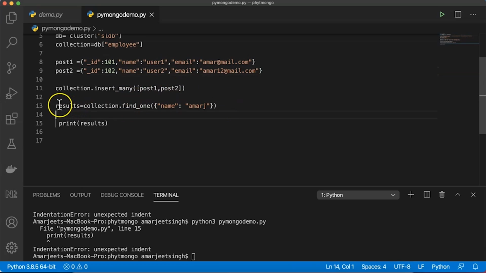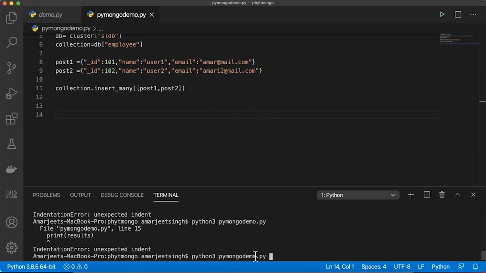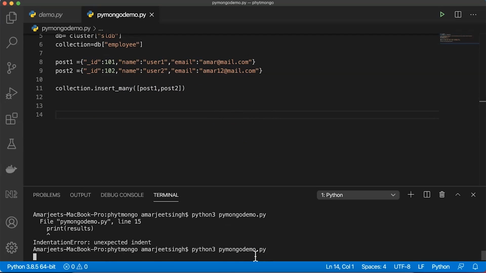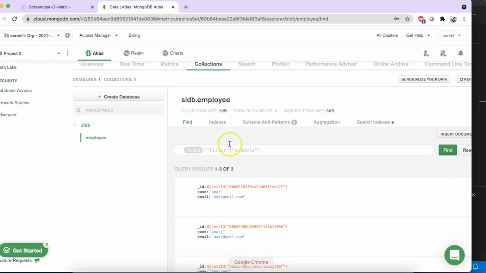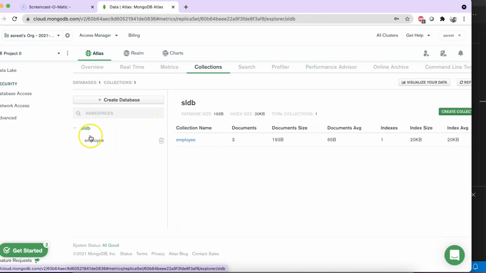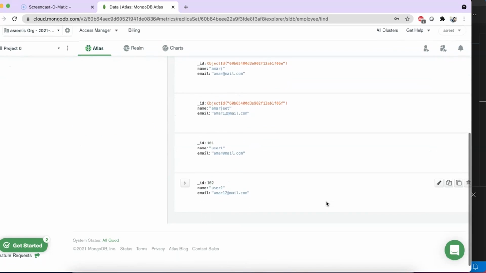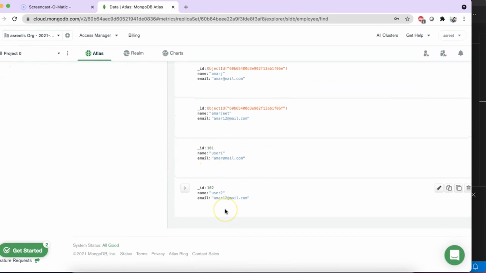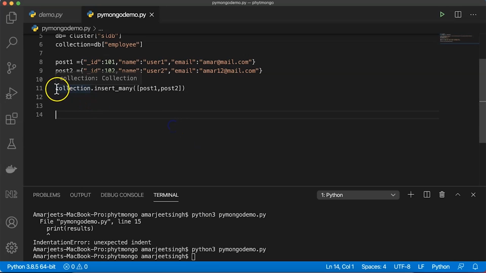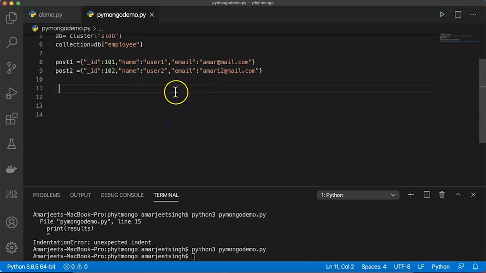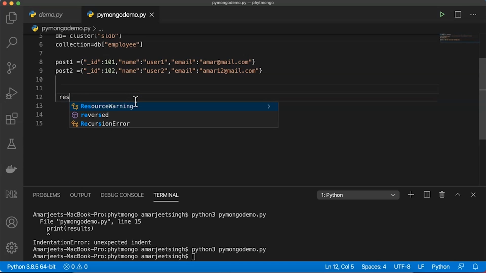Okay, so collections dot many result find one. I'm just deleting it all, and let's try to execute it first. Okay, so it's executed. Going back. Okay, so I have some records with ID 101 and 102. Now here I just delete this and perform some actions here. Here we say results equal to